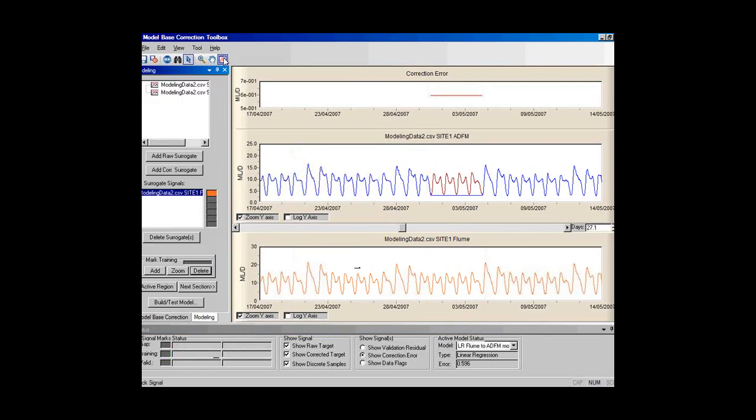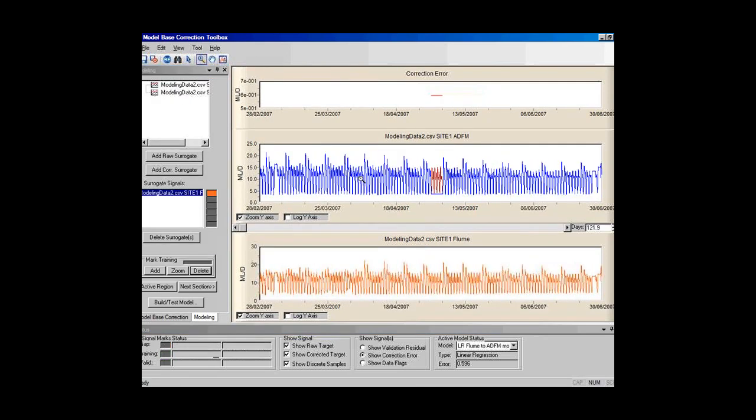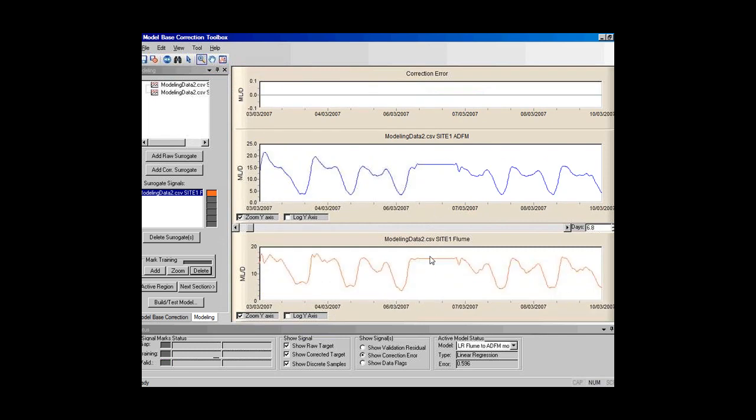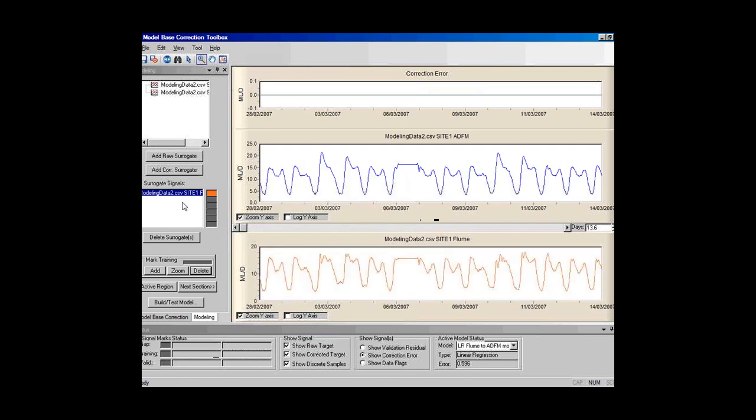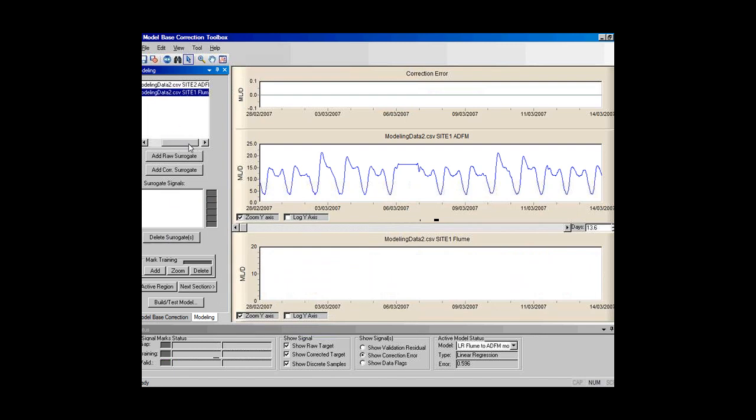Now the next example of what we want to do is actually when we have failures of communication at specific sites. So if I look here, we're not going to be able to do this type of thing in this case because we have a failure in communication for both of the sensors at site 1. So what we're going to need to do is use a different surrogate. So if I delete that surrogate, and in this case bring on the surrogate for the ADFM at site 2